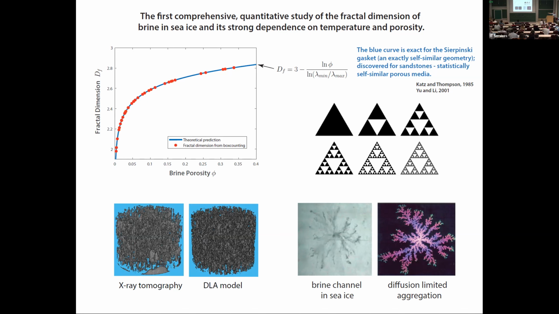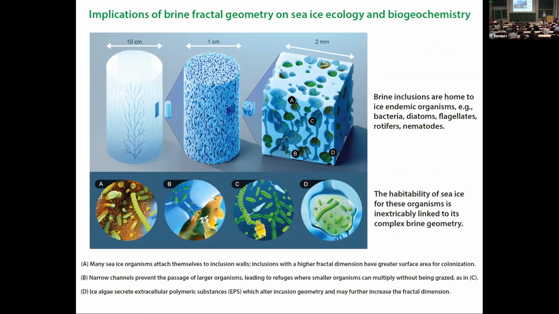So we actually developed a DLA, a diffusion limited aggregation model as well, which has this same kind of fractal behavior. And here's a really cool picture that we had commissioned, where we're looking at the implications of brine fractal geometry on sea ice ecology. So there's all these different scales, in other words, here's the largest scale down to the smallest scale,